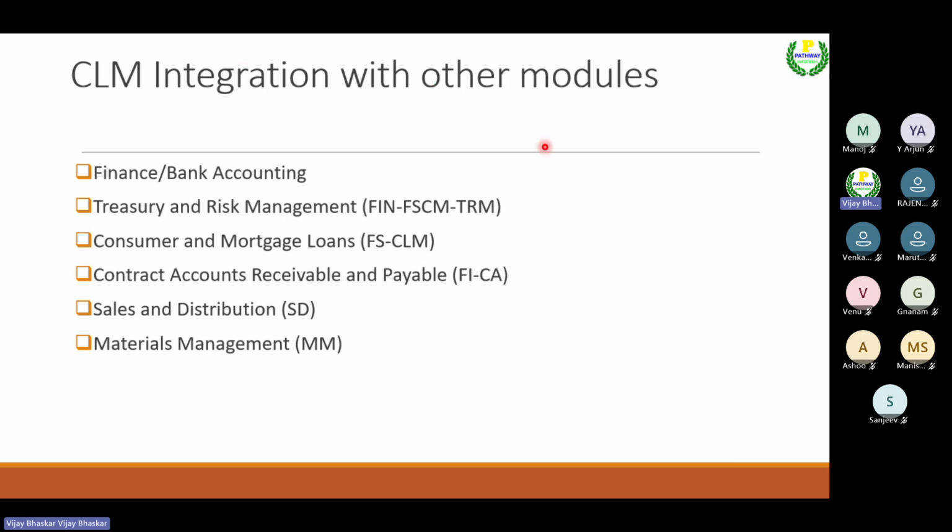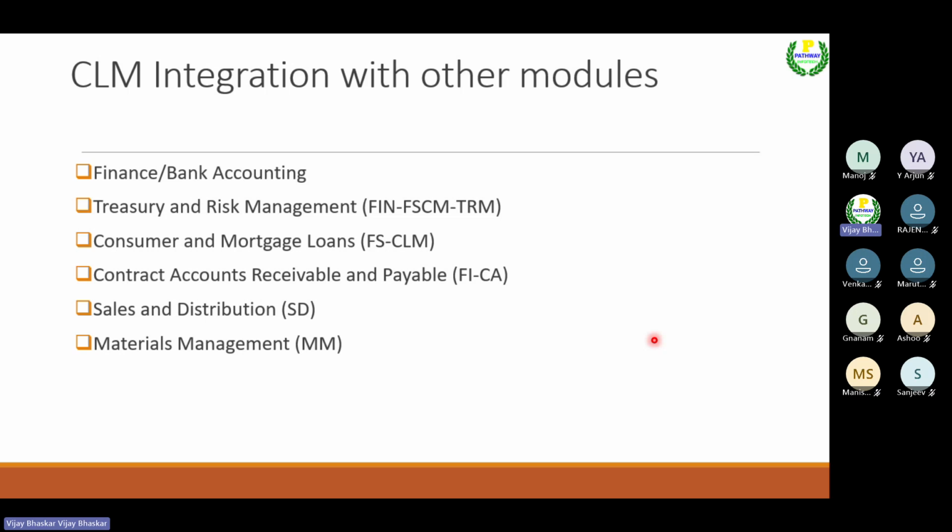Cash management integration with other modules. Is cash management going to integrate with other modules or not? This is a frequent query. This is also one of the interview questions. You will have to face this question during the interview. If you see closely here, it is going to integrate with finance and bank accounting, and also treasury and risk management, consumer and mortgage loans, contract accounts receivable and payable, FICA, sales and distribution, material management,